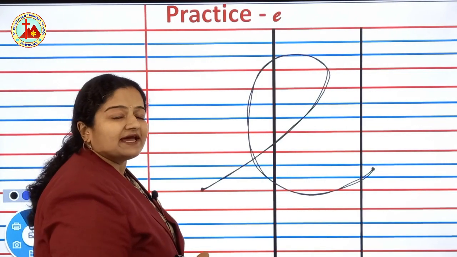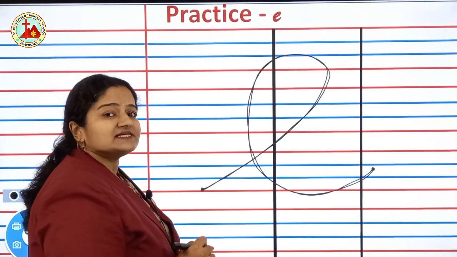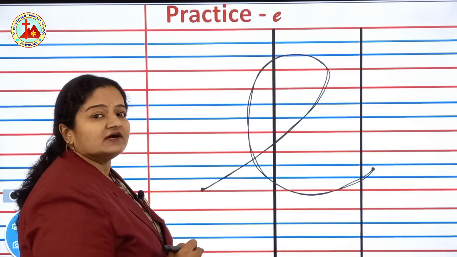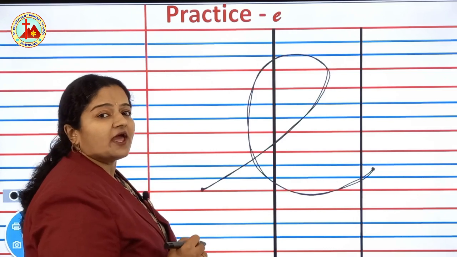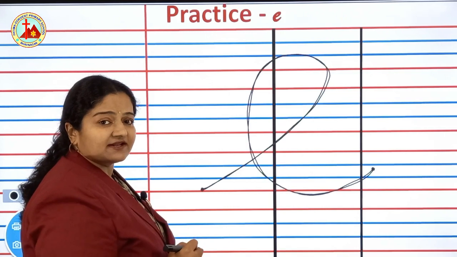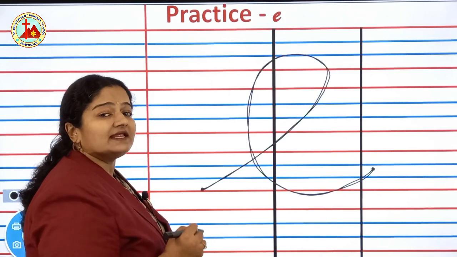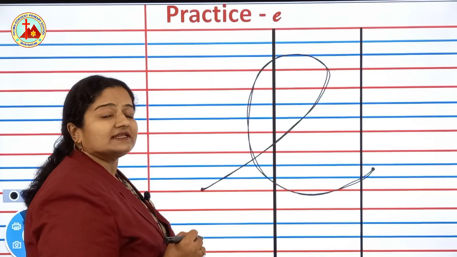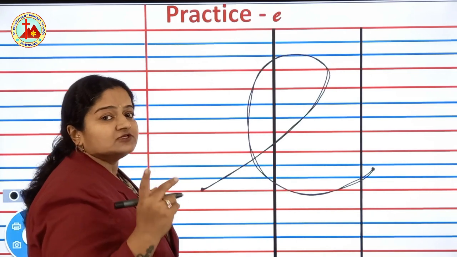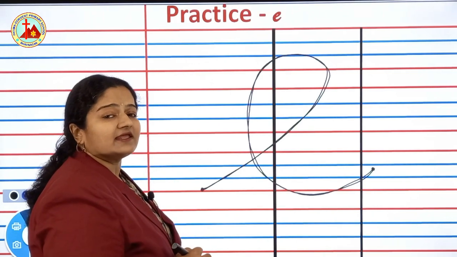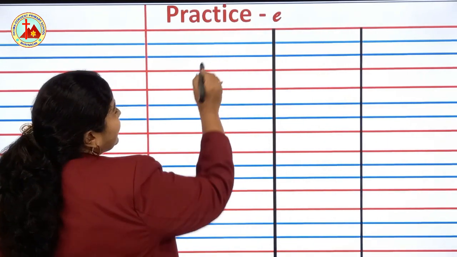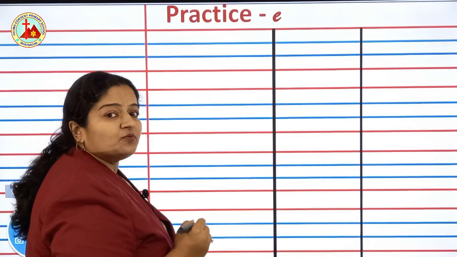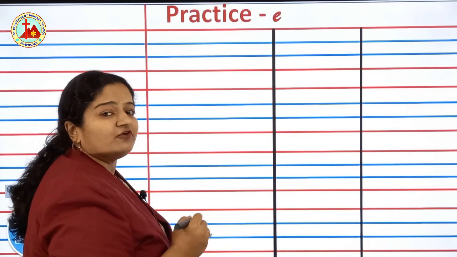First you have to write like this, big, and trace many times. Then you will learn the correct formation. After learning the correct formation, you have to write letter E in two blue lines. Yes children, this is the loop category letter E. You have to write in two blue lines. So now see how Miss is writing in two blue lines. Children, you can see two blue lines here. Like this, two blue lines are there in your 4-line book.